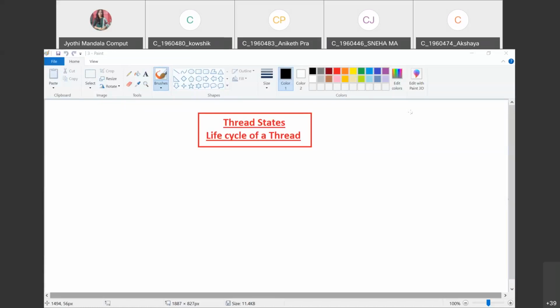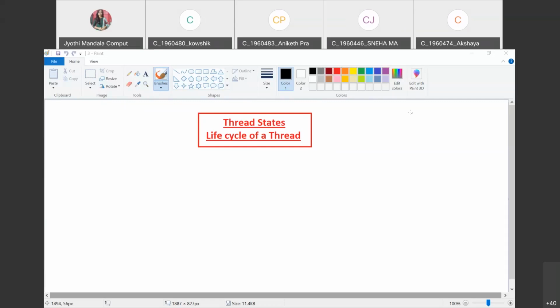In today's class, we are going to learn about thread states, which is also referred to as the life cycle of a thread. In our last classes, we learned what a thread actually is and how a class can be converted to a thread. We learned it can be done in two ways, where we can use the Thread class or the Runnable interface. And we have implemented some programs where some classes are converted to threads, and we learned what methods are involved to work with threads in the last class, right?